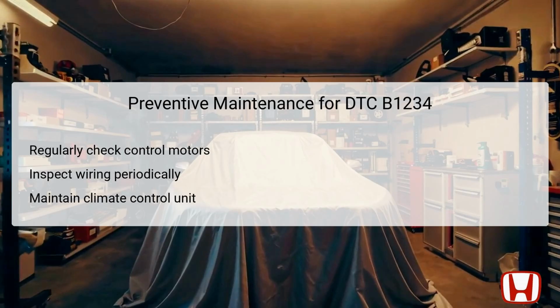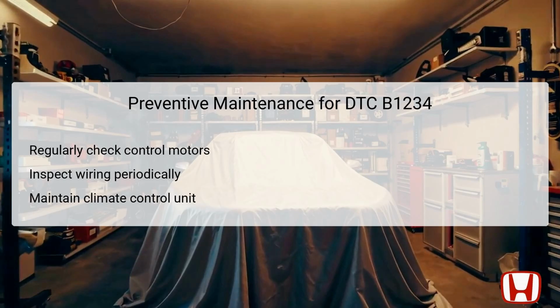It's also critical to inspect the accompanying wiring periodically for any visual signs of wear, corrosion, or damage that may impede proper electrical flow. Additionally, routine maintenance of the climate control unit ensures that it remains responsive and fully operational throughout its lifespan. Keeping the coolant system adequately serviced will also help the overall effectiveness of temperature control systems. By implementing these best practices, vehicle owners can help sustain high performance levels of their Honda Accord's climate control features